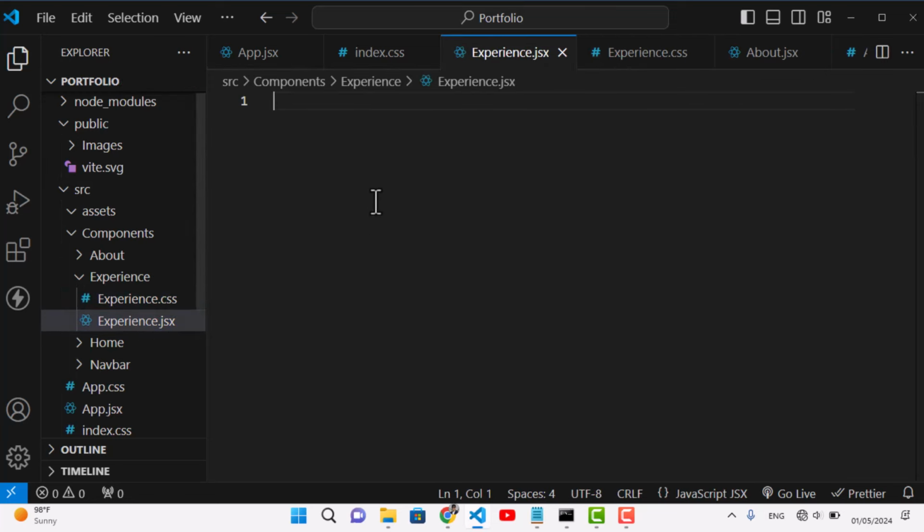Now inside this article, first of all we will have an icon. Okay, so let's first of all import the icon. The icon name is BsFillPatchCheckFill. I think this is the name. Yeah, let's import it. So after importing it, now let's use it. Copy that, paste it. Let's add a class name experience